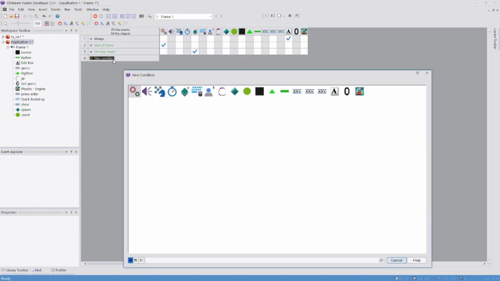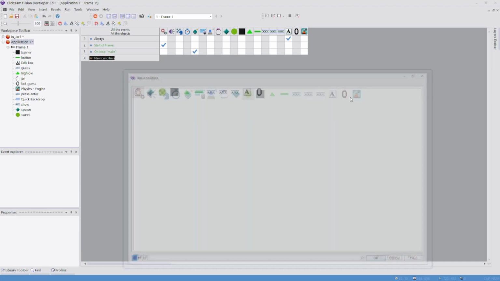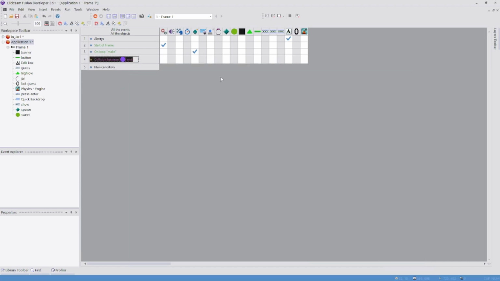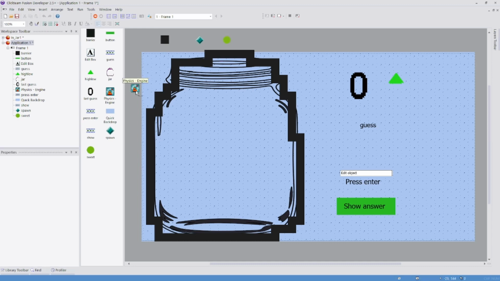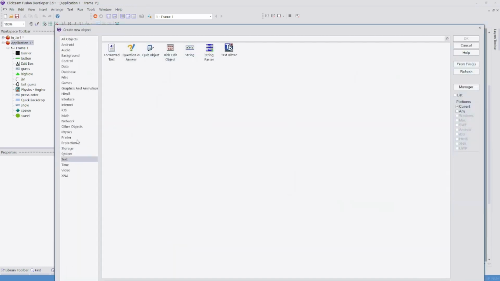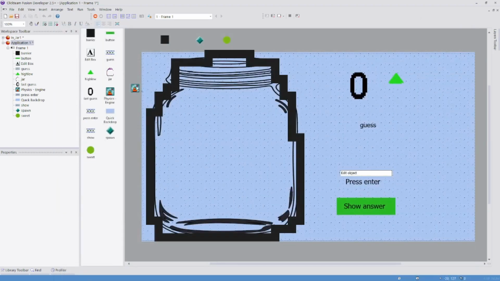Now, so they don't leave the jar, we're going to say if our sweets collide with another object, being the barrier, they will stop. Now the only thing we need to do is quickly make it so our sweets are physics static movement. So make sure you have put this in. It needs to be physics static movement, and you need to have inserted a physics engine. And all you do to do that is go to insert object physics and grab the physics engine. I like to place mine here in the grey area because it means it's not going to be in the way, and you can't see this in the game anyway. So make sure you have them two things in,